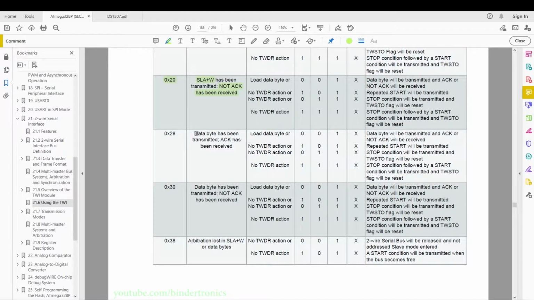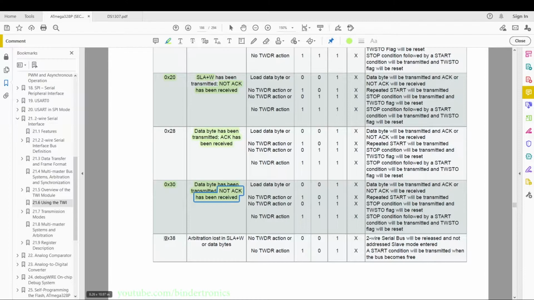Then we have 28, which is a data byte has been transmitted and an acknowledge has been received. This is your normal condition. Then we have 30 on the bus, which is a data byte has been transmitted and a not acknowledge has been received. If not acknowledge has been received, this is an indication of an error on the bus. And then we have 38, which is arbitration lost in the slave write or a data byte. This is only relevant in multi-master mode, where you have maybe 2 or more masters that are trying to communicate